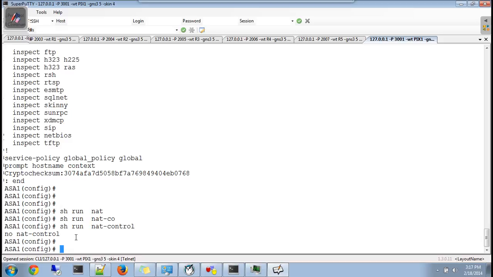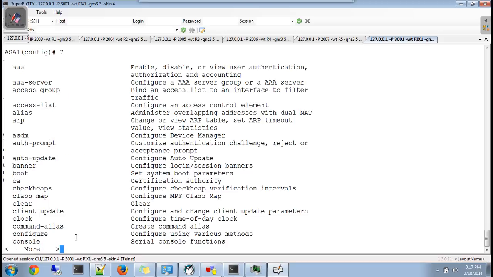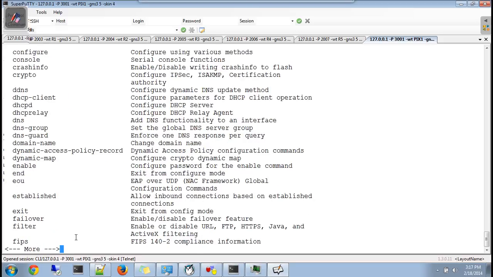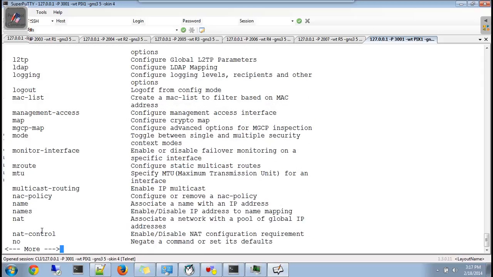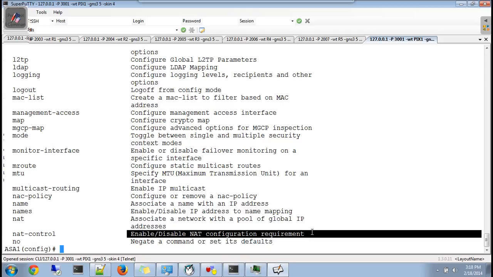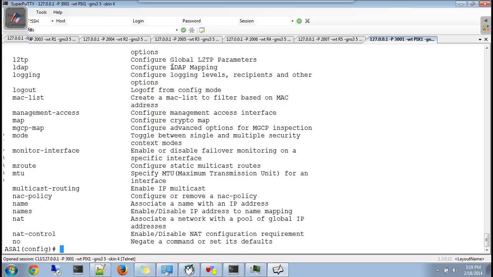Okay. Now let's see what NAT control actually is. How? Do a question mark and look for the command nat-control. Just read what is the description given for NAT control. What is it? It enables or disables NAT configuration requirement, which means,